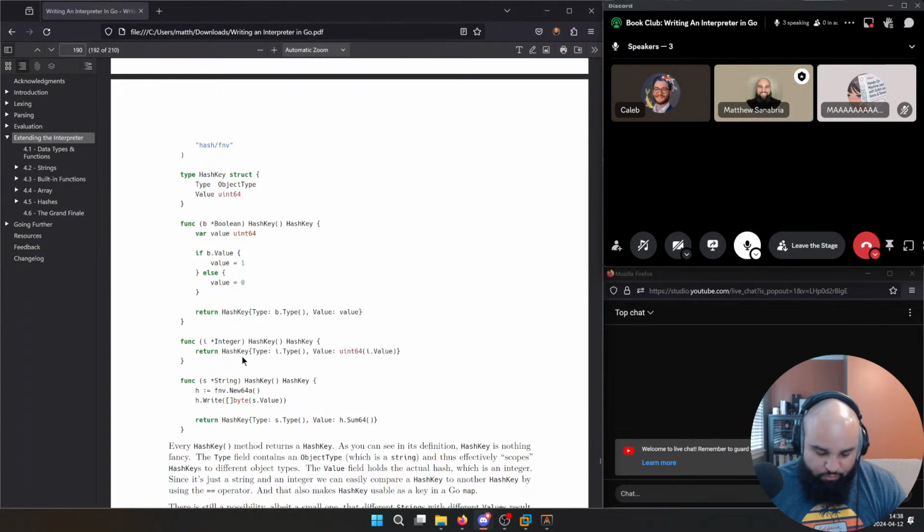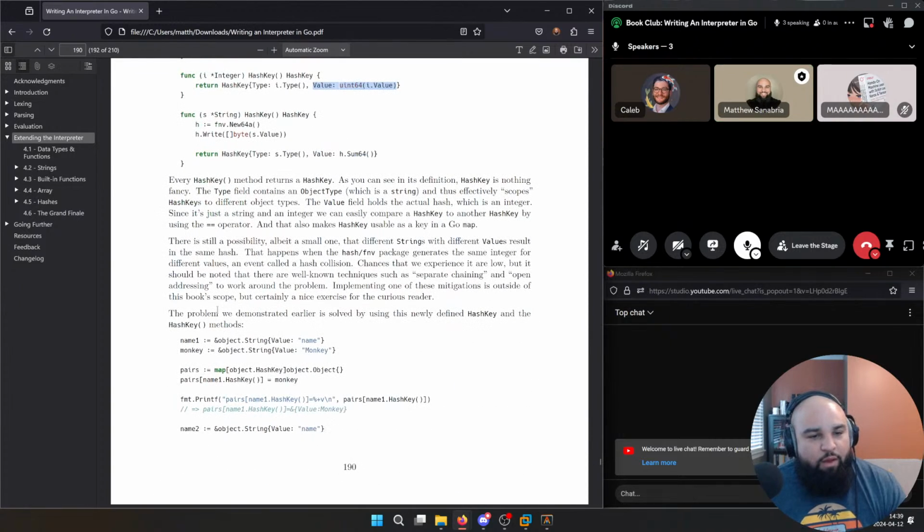Cool. All right. So the idea now is that we're calculating a little hash essentially for our given types. So now, regardless if we store a literal 1 in the hash key, or a variable that contains the value 1, no matter how we store it, 1 is always going to hash back to 1, and we'll be able to do map comparison, which is nice.